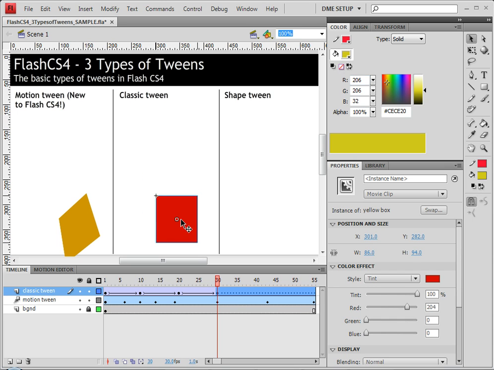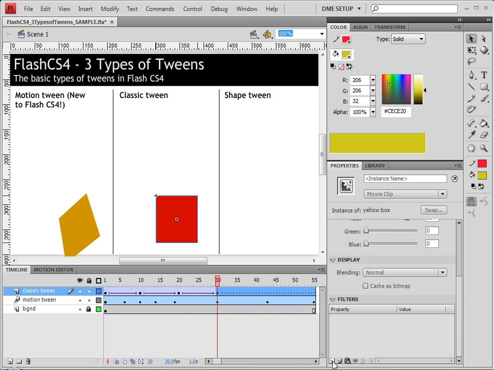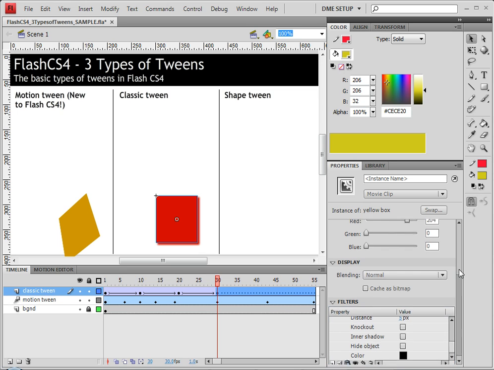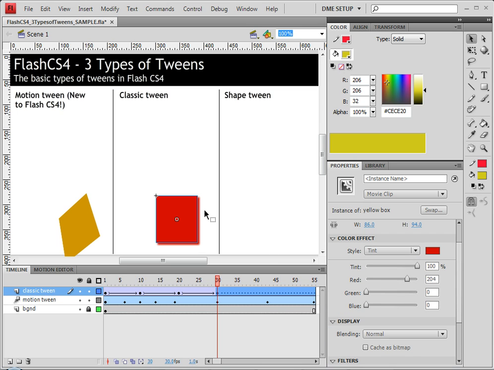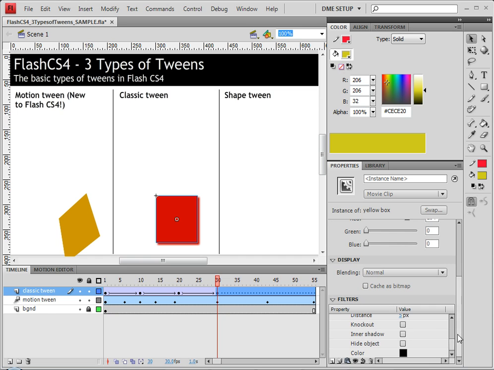and then when I do my change, I can do color effects. I can also do filters, which we haven't played with. You have to be careful about applying filters, because if I do filters and do color effects, you'll notice that I have a black background or a black shadow, but it's red, and that's because I have the tint happening at the same time. So you can really only do one or the other. You can't really do both at the same time. So I can remove that filter, and I'll just keep it to the red right now and change it just